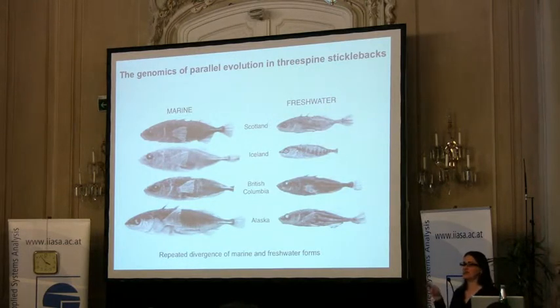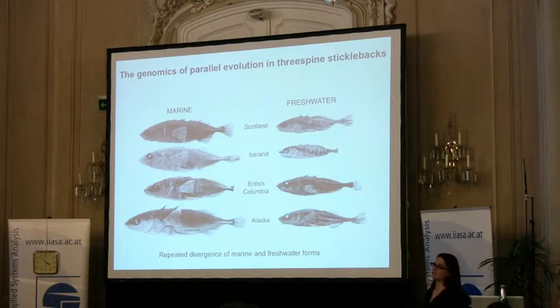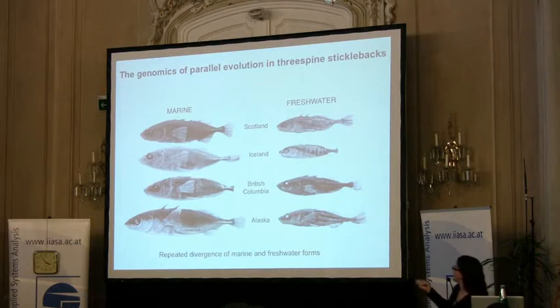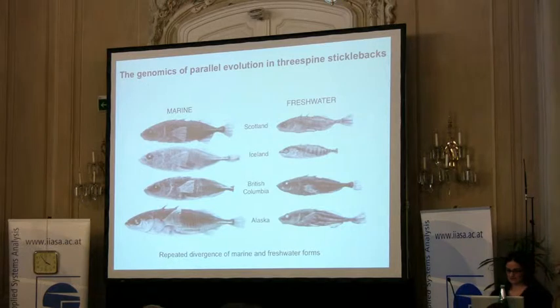I showed you earlier a starburst radiation of sticklebacks from the ancestral marine form. A lot of the changes that have happened have also happened in parallel. So there are some radiation patterns, but there's also parallel changes. And in this particular grisly plot of dead sticklebacks, you can see some of the differences that have evolved in parallel. As you look across the world, marine fish are consistently larger in body size, they have more armour, they are more robustly shaped compared to their freshwater counterparts. So we see this repeated pattern of divergence throughout the world.